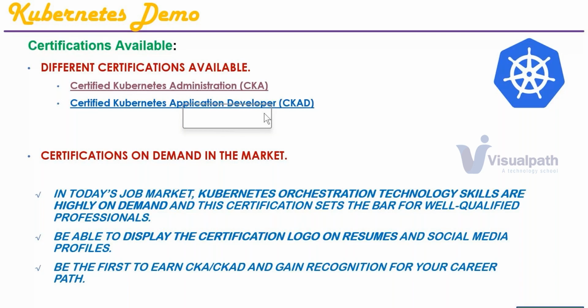So what we have done is, there are basically three types of certification in Kubernetes, right? One is called CKA, Certified Kubernetes Administrator. Another is CKAD, which is basically for application developers. So we say Certified Kubernetes Application Developer. And there's a third one, which is added, called CKS, which is basically for security professionals. So we say Certified Kubernetes Security Specialist, CKS.